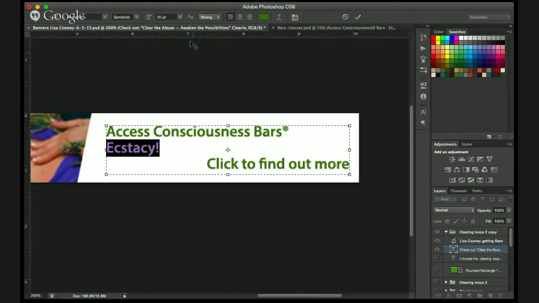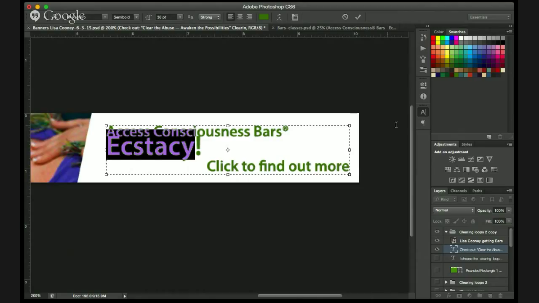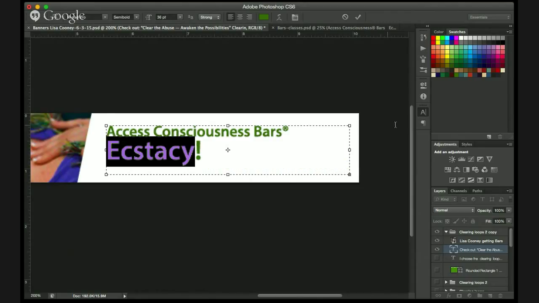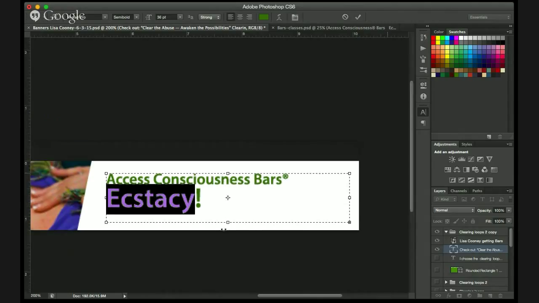So immediately it looks like the click to find out more is too big and these are too small. So since ecstasy is important here, let's actually make it a little bit bigger. Make it 36 points. Now it starts to jump over that other line, but that's okay, because we'll go to the character menu, and here's the point size, and here's the leading or vertical space, and it's set to 21. So I'm going to now set this to 24, still not enough. Set it to 30, which is the type, the text, and you'll notice that when I set this at 30 points,